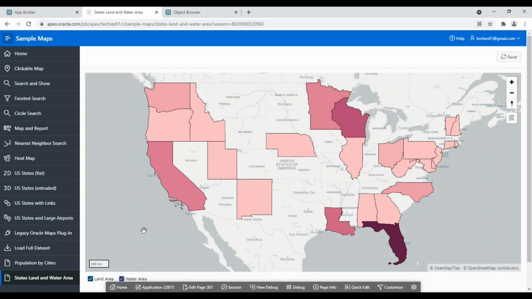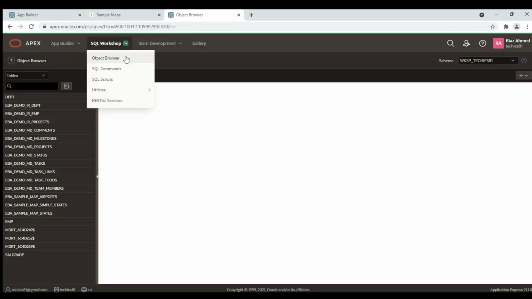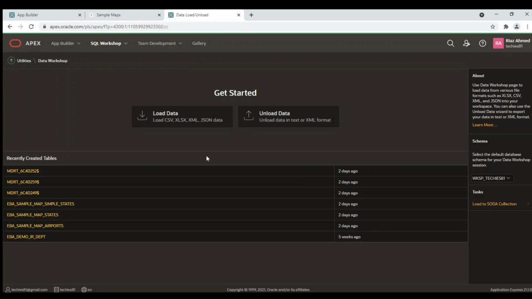First of all, you need to create a couple of tables that will provide data for the two maps. A link is provided in the description for these tables. Create the population table using the population.csv file through the Data Workshop utility.